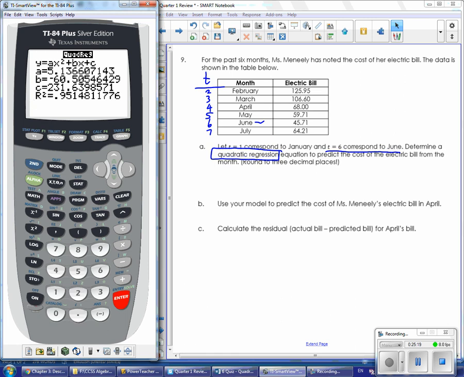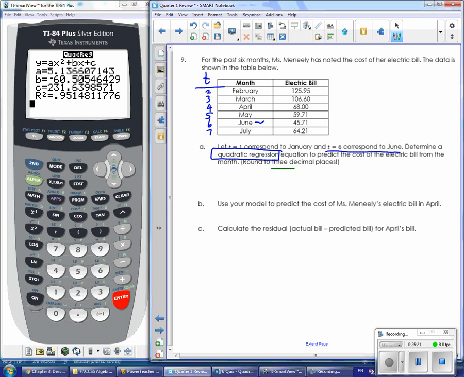Now please note in the instructions it says to round to 3 decimal places. This is very important on the quarterly assessment, and you will be docked points if you don't round correctly. So please, please, please be mindful of rounding. So my equation is in standard form where we have y equals ax squared plus bx plus c. So y is going to equal, I'm going to replace my a with a 5.136, and if I look at the next number, that's also a 6, which means that I'm going to need to round up. So it's going to be